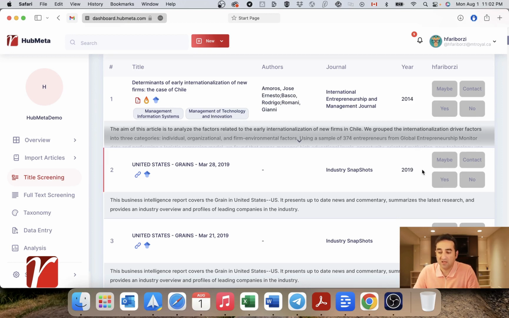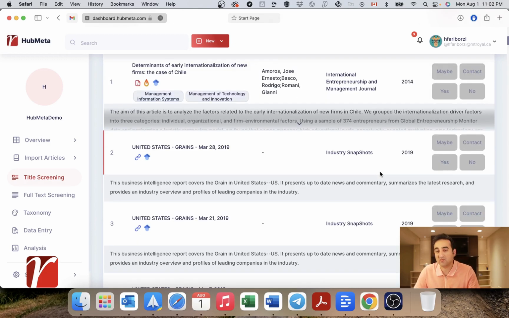Well, obviously, the more votes I submit, the better would be the learning capability of our AI assistant, and of course, the better would be the ranking of the remaining articles. So what happens is that after a certain point, the more I go forward in my project, the probability of articles being included in the project becomes less and less until we come to a point where we see that we are rejecting practically every single article we see.